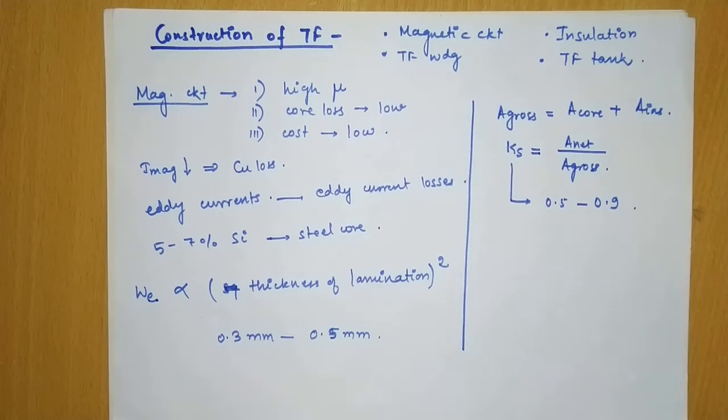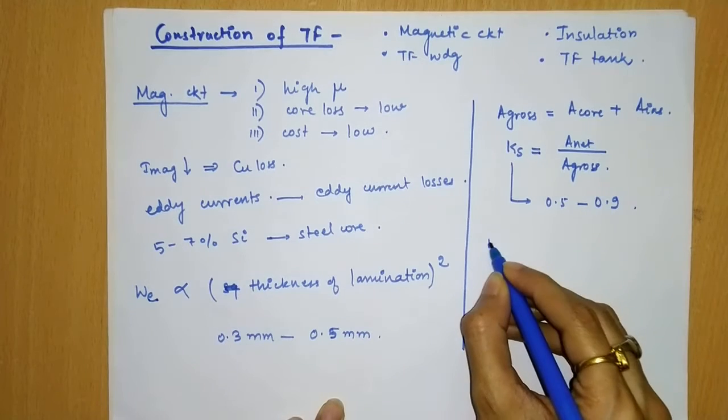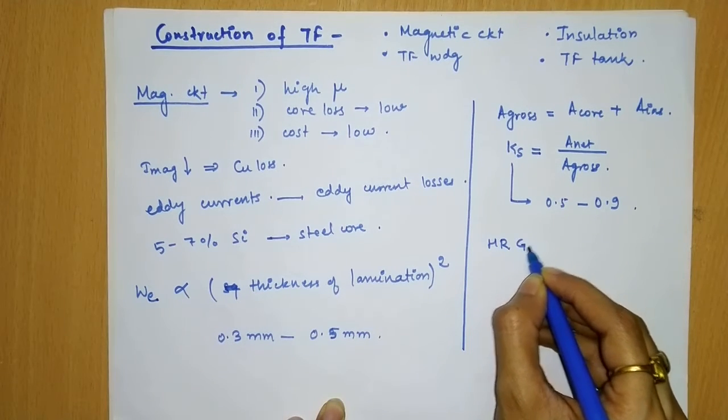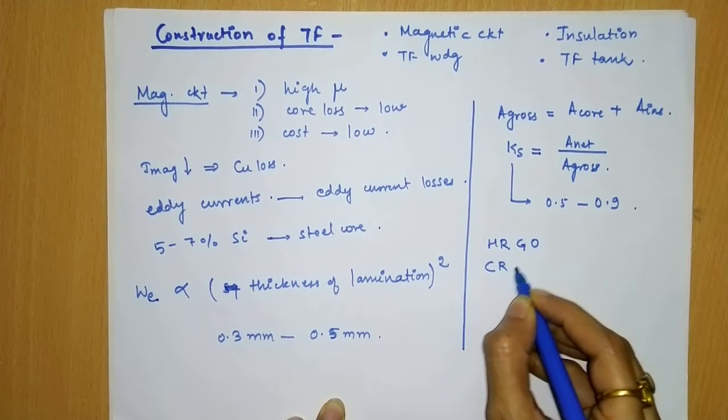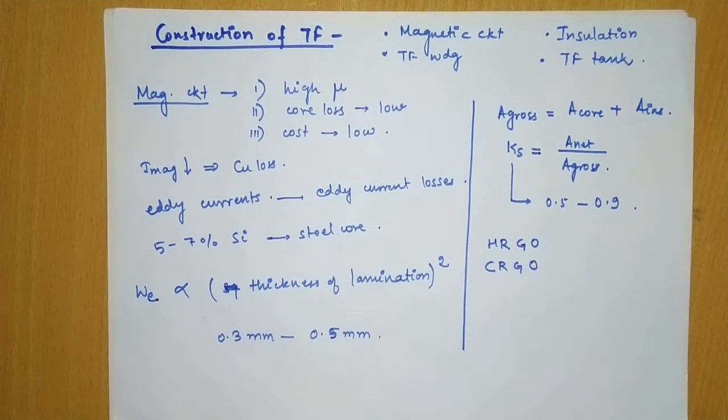Now we see the methods to improve the permeability of the steel core. It can be increased using two techniques: HRGO, hot rolled grain orientation, and the second is CRGO, cold rolled grain orientation. However, due to superior mechanical properties, CRGO steel is more recommended than HRGO steel. Using CRGO procedure, all the grains are oriented such that the magnetization is along the cube phase. So, the average permeability of the core material can be increased.